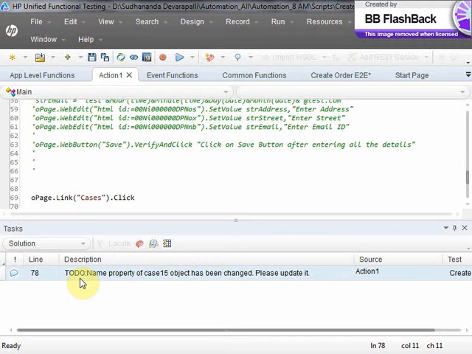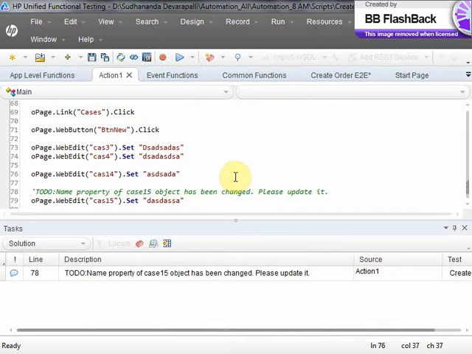Now assume that the senior is reviewing. Then while he is reviewing, he found there are certain things that need to be changed or any step that needs to be updated, or any step that needs to be modified, okay, or needs to be removed. Then what you can do, instead of writing it in a separate document or composing an email with all the steps and all, wherever he found, you can say what I'll do is here I'll just write to do,